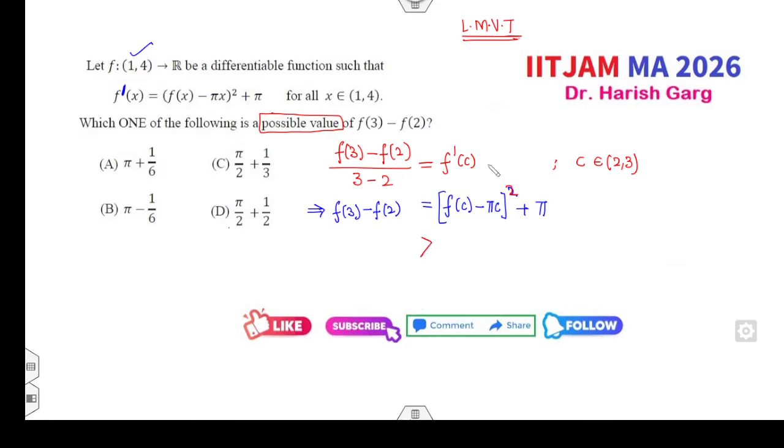बिकॉज ऑफ दिस स्क्वायर द क्वांटिटी इज ऑलवेज अ पॉजिटिव नंबर, सो दैट मीन्स दिस नंबर इज ऑलवेज ग्रेटर देन और इक्वल टू पाई. तो ऑप्शन चेक कर लेते हैं जिसका आंसर पाई से बड़ा है, दैट विल बी द आंसर. पहला ऑप्शन करेक्ट हो गया. दिस नंबर इज 3.14, दैट इज 1.57 प्लस 0.33 विच इज नॉट ग्रेटर देन पाई. सिमिलरली से पाई माइनस तब भी पॉसिबल नहीं है. इट्स 1.57 प्लस 0.5 विच इज नॉट ग्रेटर देन पाई. ए इज द राइट आंसर ऑफ द प्रॉब्लम.